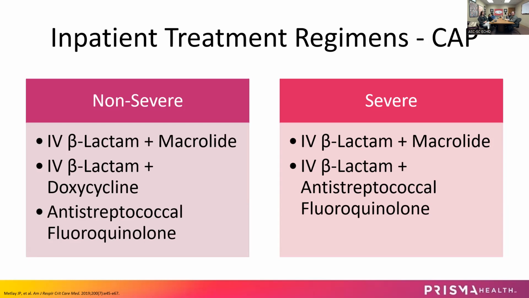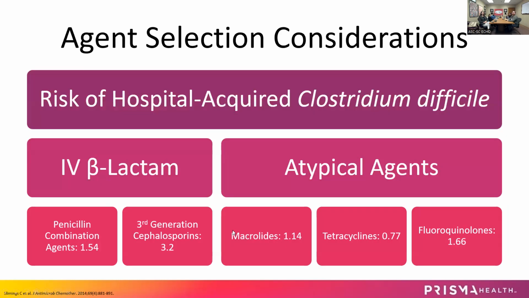And the only reason the guidelines don't make recommendations for tetracycline-based therapy with an IV beta-lactam in this group is because at the time of the publication of the guidelines, there wasn't strong evidence for that. Not as many trials have been done, although we do have a great deal of retrospective data that supports the use of IV beta-lactam along with doxycycline in this group. So I think it's something you definitely could consider in these patients. And I'll tell you why I think that